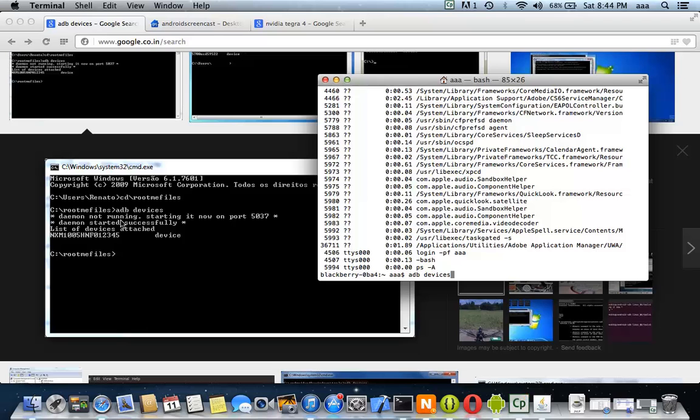If you go to wherever you extracted your Android SDK, because you will be downloading the Android SDK from android.com, you will see two folders and one file. One is SDK Updater, then an Eclipse folder, and another one is the SDK folder. If you go inside the SDK folder, you will see platforms, platform-tools and tools. These three folders you will see.